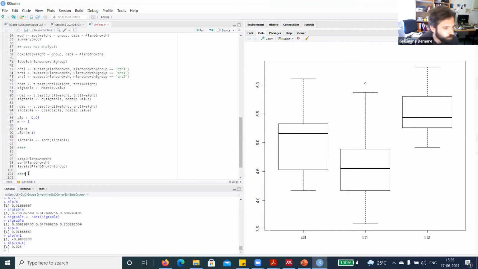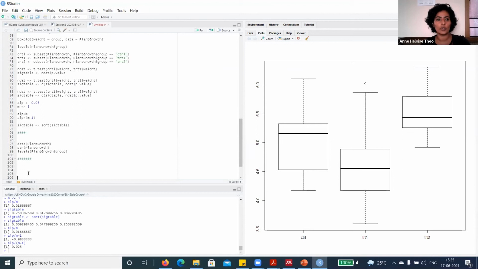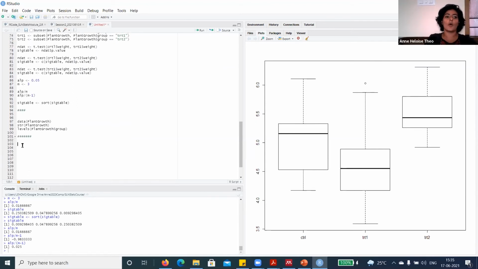Yeah. Right. We'll clean up this code and send it to you. It is a little all over the place. Okay, so now